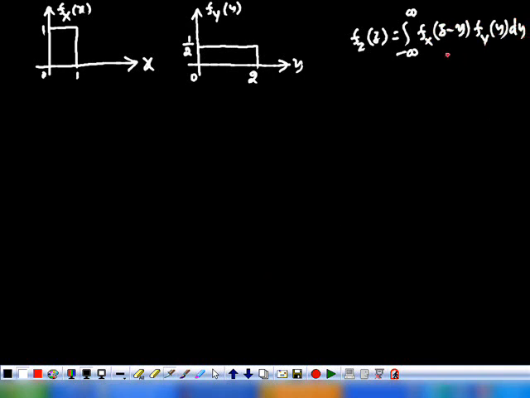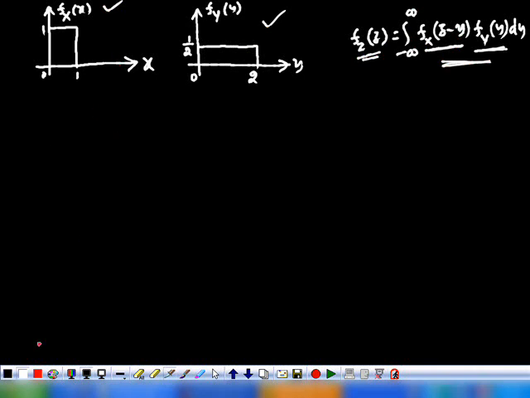So here, what are we actually doing? First, fY of y is known to us, and we have to find fX of z minus y. fX of x is known, so fX of z minus y can be evaluated, and we multiply these two. After multiplication, integrate from minus infinity to plus infinity. Then you get fZ of z. So here fY of y is already plotted. We have to plot fX of z minus y. Let us plot fX of z minus y.